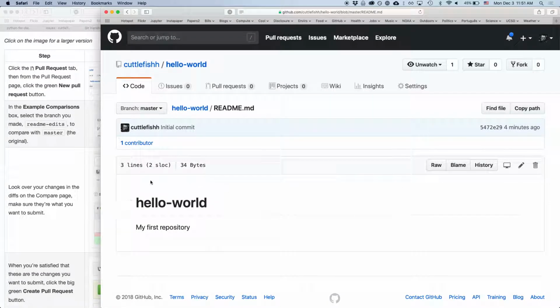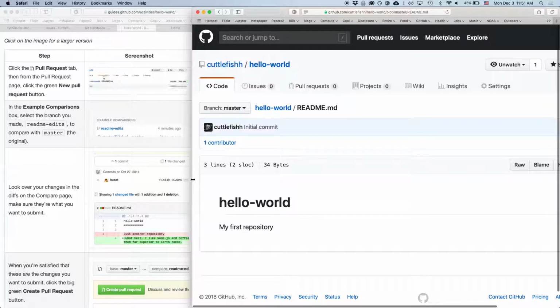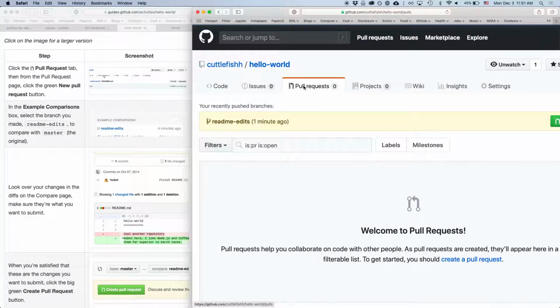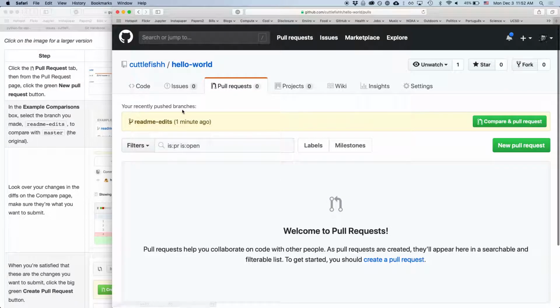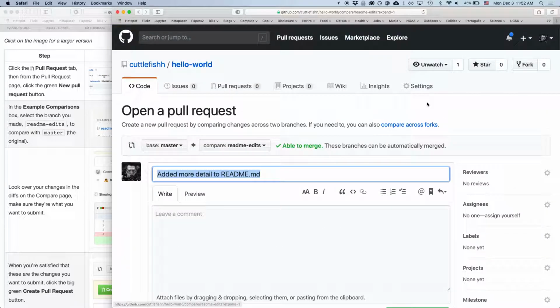So there's a nice little animation here, but we can just go to pull requests, and what we're going to see is we pushed changes to this branch. So it's saying, hey, there's some changes that have been pushed. Let's compare and issue a pull request. So we click on that, and then it's going to say